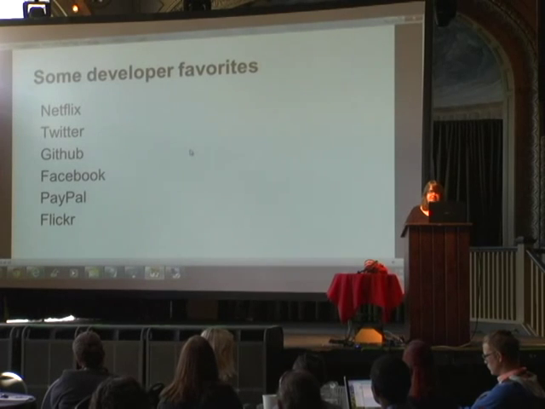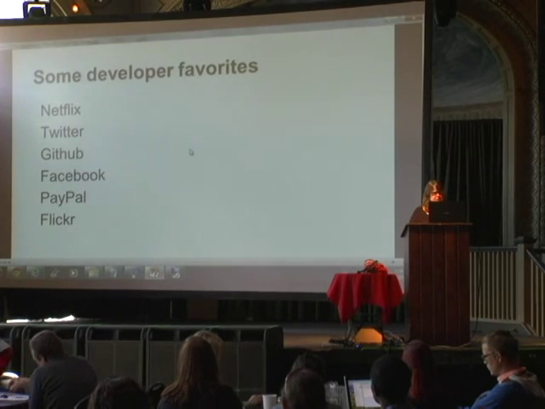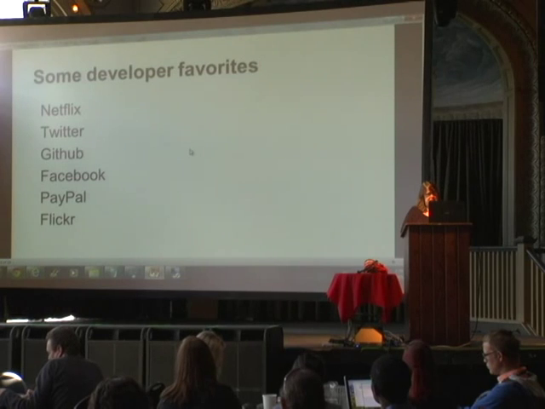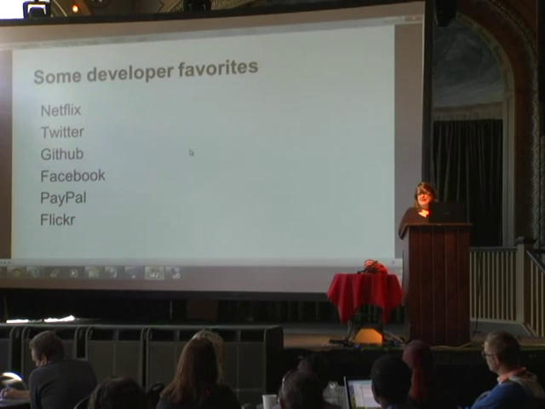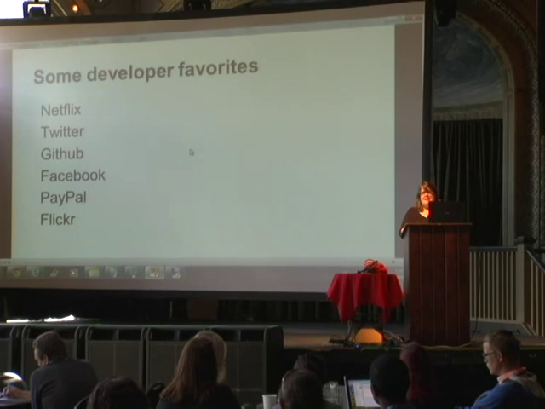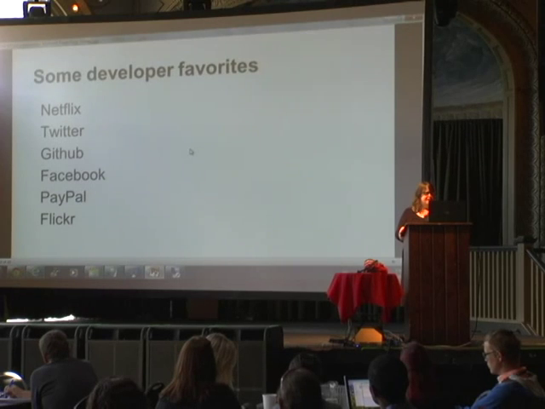So here were some of the API docs that were recommended to me, and I took a good look at most of these. It turns out that Netflix has mostly ended their developer API program, but the API doc that's on the web is pretty good. Twitter is excellent, and I saw that there's going to be Twitter speakers later this afternoon, so I'm looking forward to hearing from them. The GitHub API doc is really good. You can see the Facebook API in action almost everywhere you go. Whenever you have to log in using Facebook, somebody has decided to use the Facebook API. Similarly with the PayPal API. The Flickr API documentation is really good.